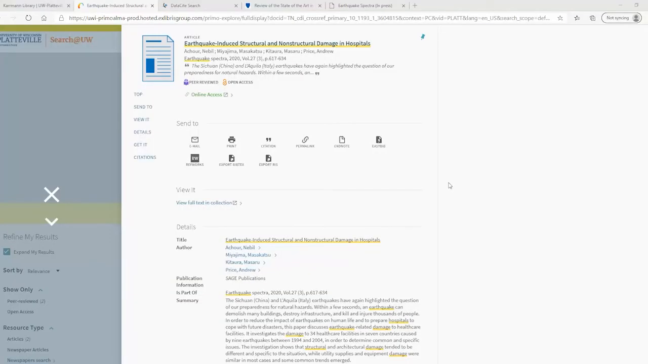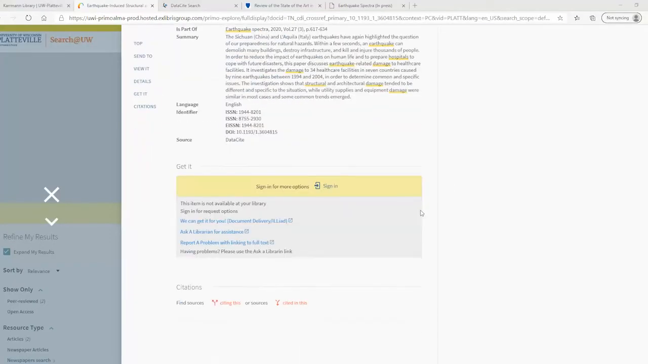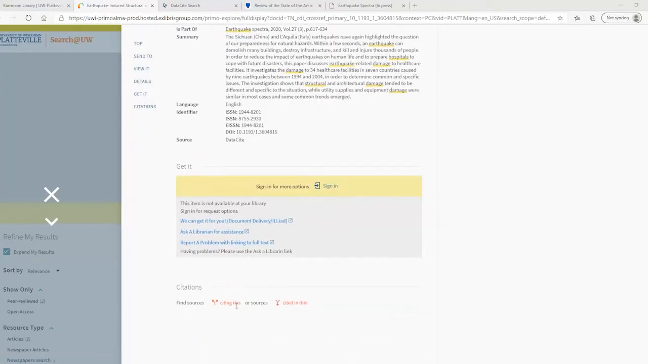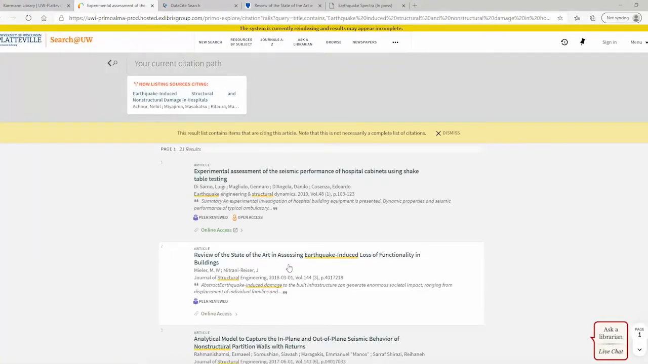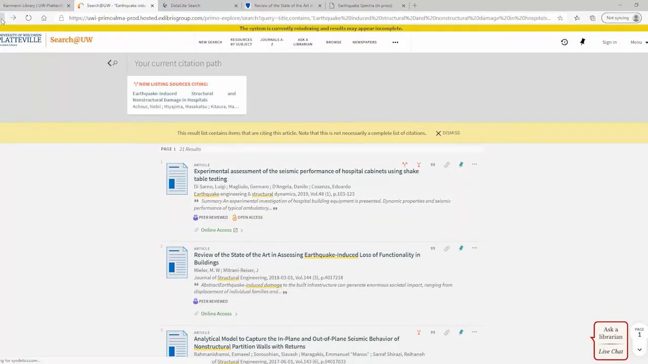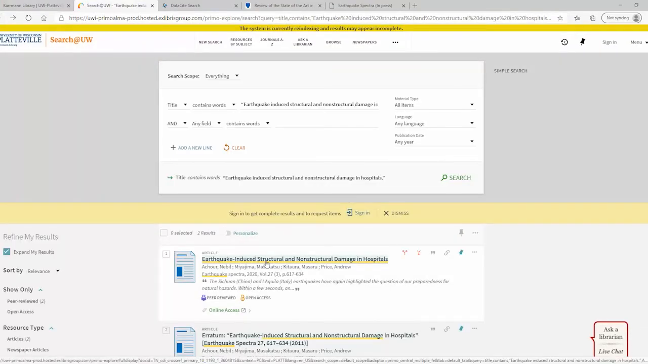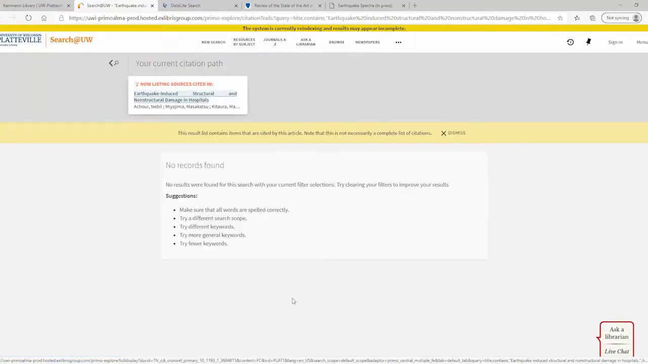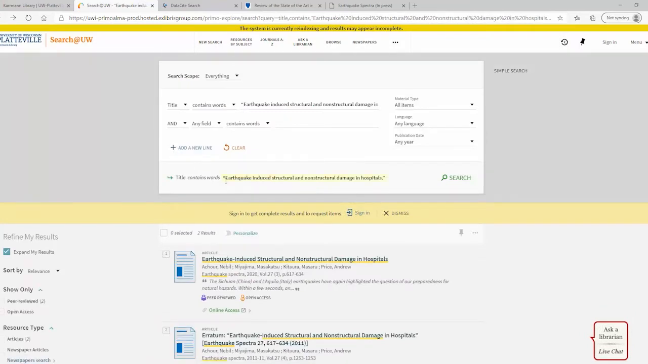A couple of other tools that you might find useful, if we scroll down here, are other citation tools. You can find sources that cite this article, that cite earthquake-induced structural and non-structural damage in hospitals, by clicking that. So this is a list of articles that cite the article we were just looking at. And then if we go back here, we can also find where this particular article is cited in other articles. And it looks like there's none published yet that are available,